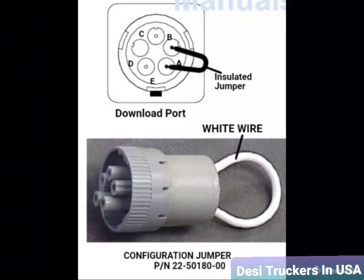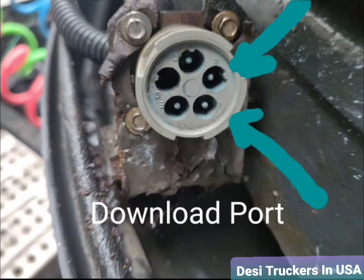So if you look on the other side of that download port, you can read A, B, C, D, and then E, and all those have small terminals in there. And if you look at the A and B, these are the connection they make with the small wire. They put the wire in these holes to configure the system. So this is the problem most of the time,